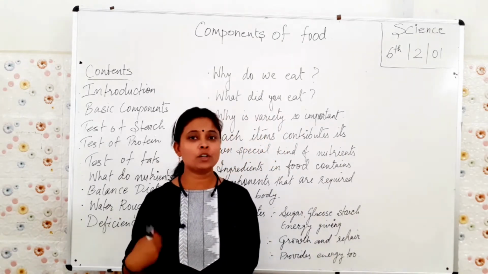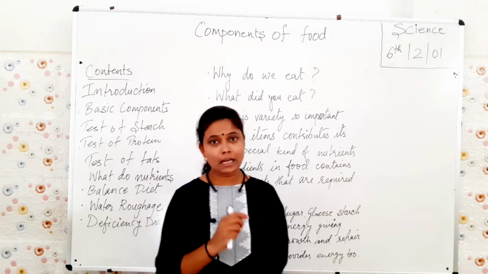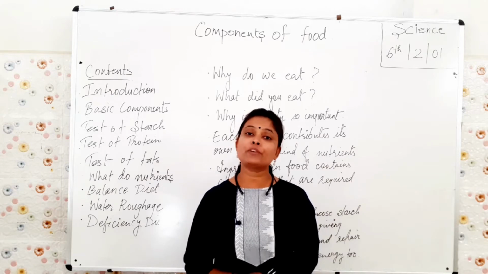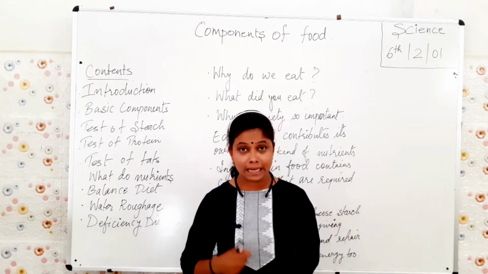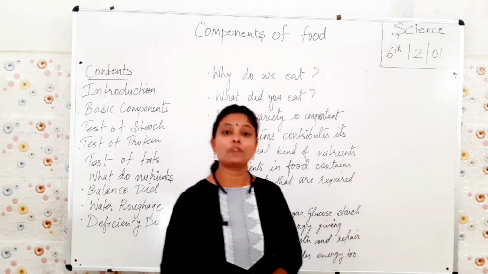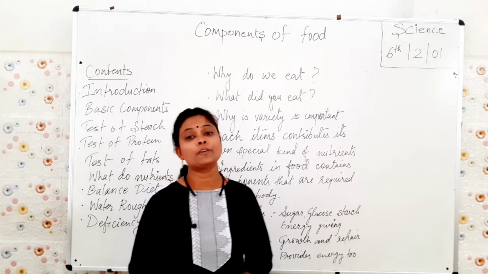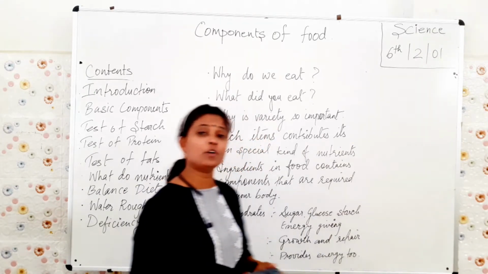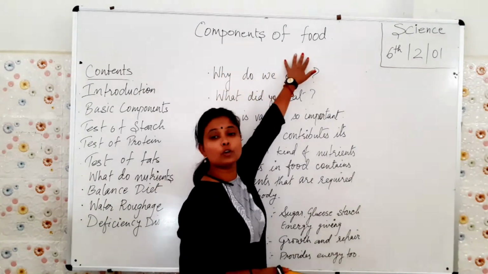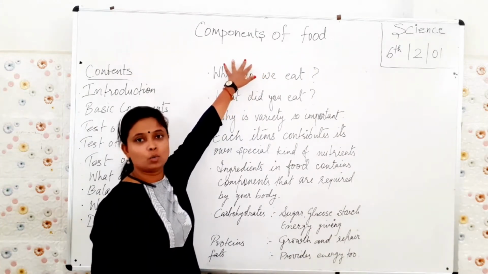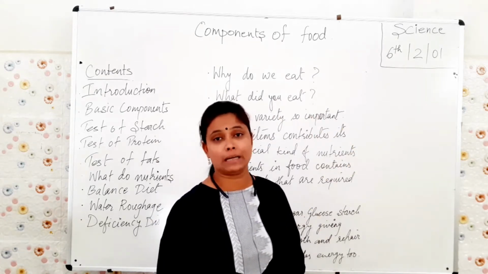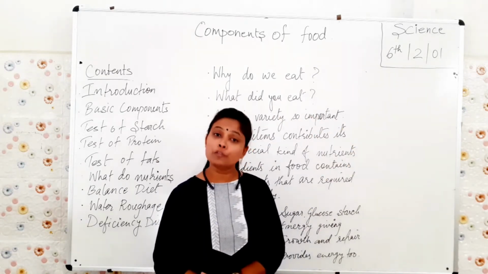Okay? When we eat food, we enjoy a lot. And in our previous session of lesson 1, we discussed that different states have different fooding styles. Even you would have studied in your earlier classes the fooding habits of the people of India. Therefore, today's heading is components of food. Component means materials. What are the things used in food? Used not in cooking, beta. What is present inside the food?